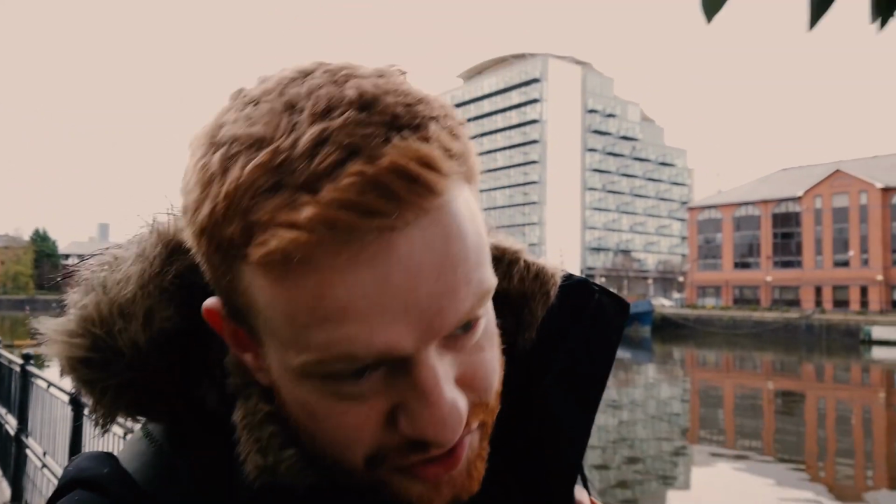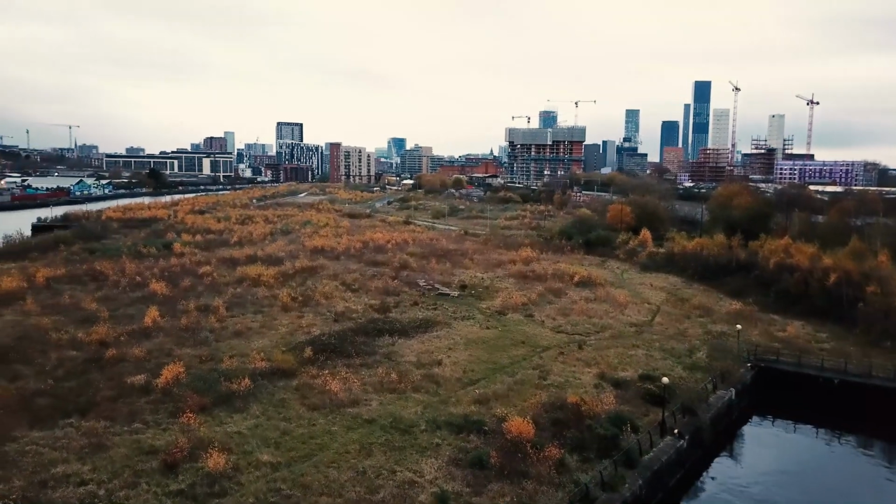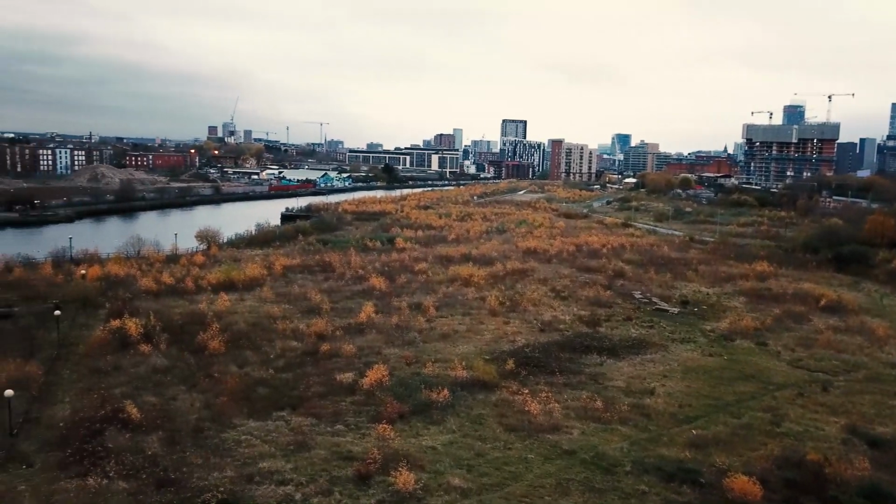Dock 6. Tell you what, the thing that sort of strikes me as I'm walking around here is that I sort of expected, coming into Salford Quays, to feel a little bit of a sense of disappointment, because I really like this kind of abandoned, almost glimpse into the past of Pomona. But actually,